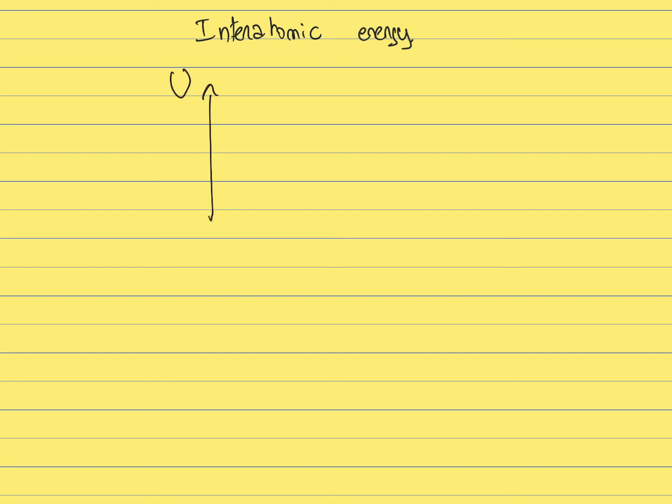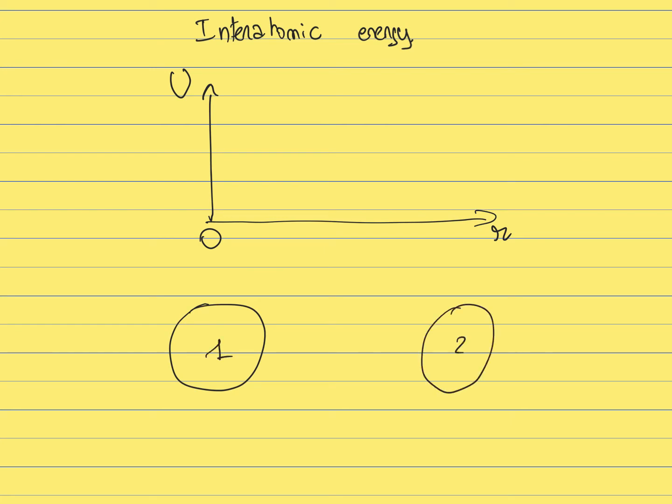So to plot the two-body energy between pairs of atoms, if it's a two-body energy, it will only depend on their distance. If you have two atoms, atom 1 and atom 2, and you take their centers, you look at the distance r between those two atoms, and you plot the energy associated to this pair of atoms,